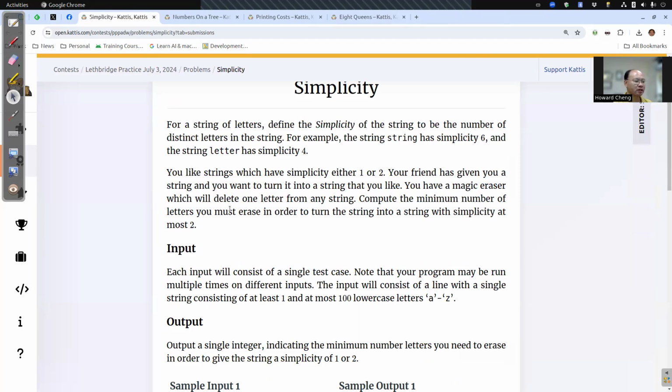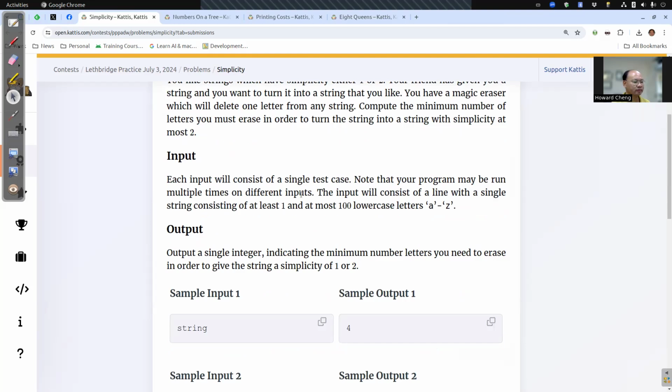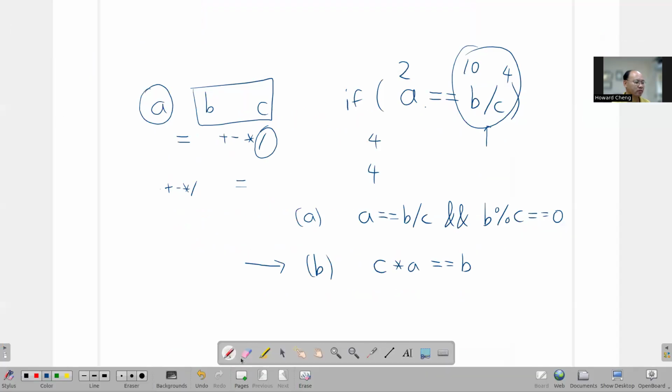You like strings which have simplicity either 1 or 2. Your friend has given you a string and you want to turn it into a string that you like. You have a magic eraser which will delete 1 letter from any string. Compute the minimum number of letters you must erase in order to turn the string into a string with simplicity at most 2. You have 1 single string. Input will consist of a line with a single string with at least 1 and at most 100 lowercase letters. Okay, so basically the point is that given whatever string you want,